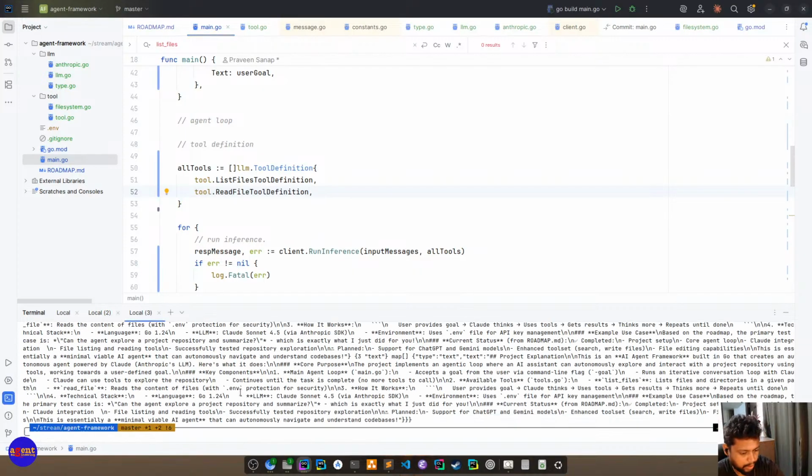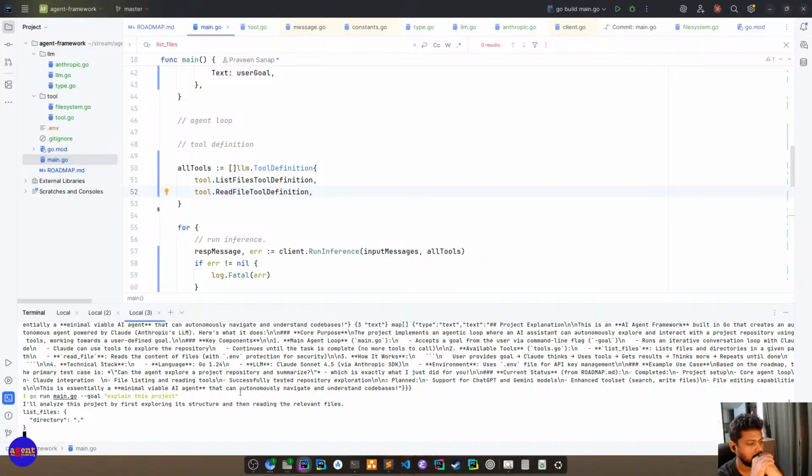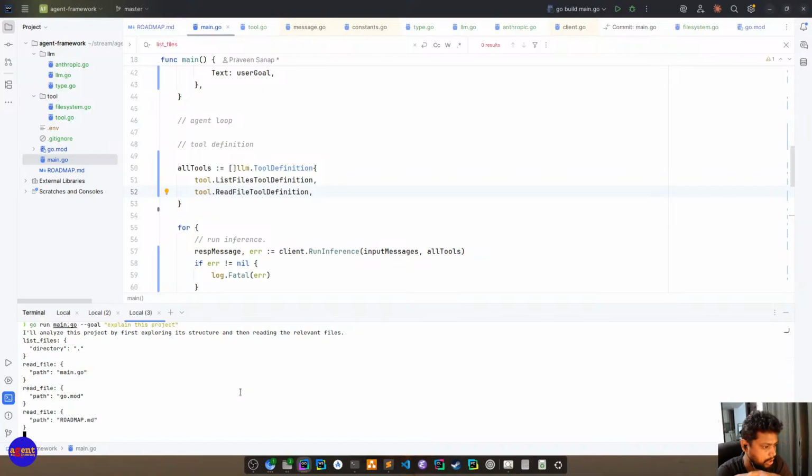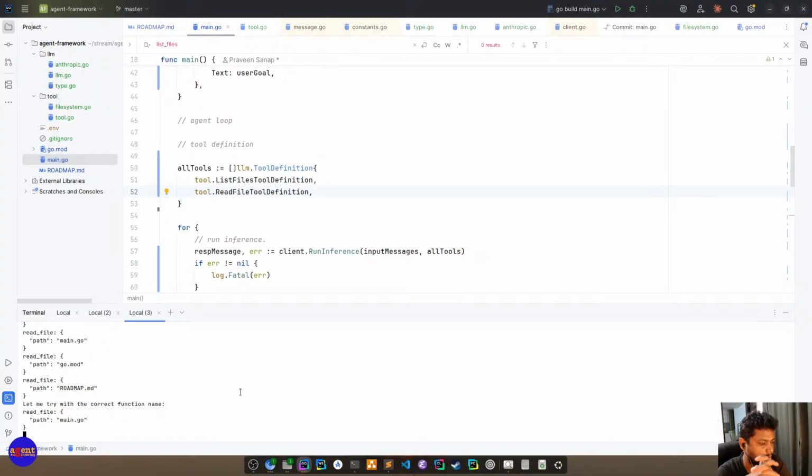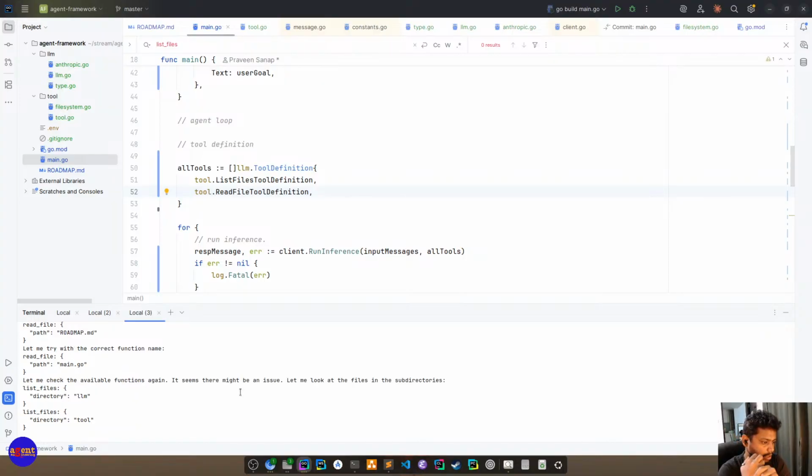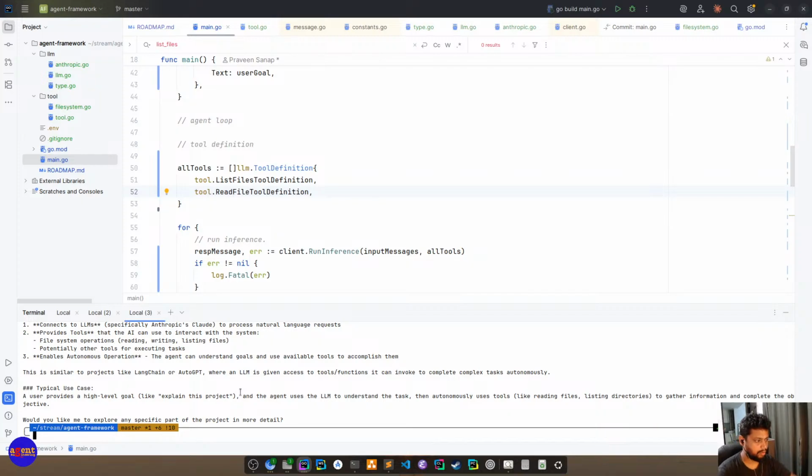Okay, now the moment of truth, we just do everything from scratch. So it's reading the root directory. It found all the paths, it's reading all the paths properly. Right, okay, so we didn't lose any functionality.